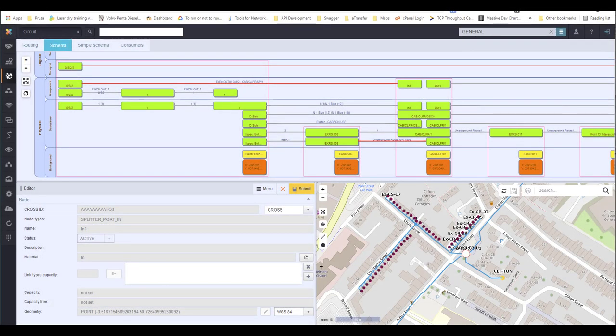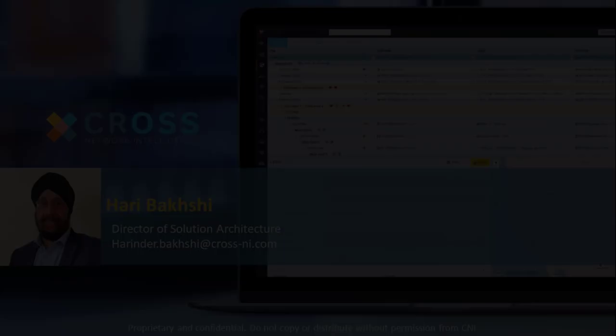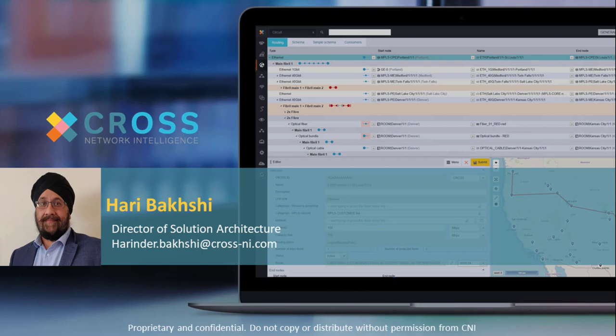And these explicit details are also available in a schema, which provides a full stack view, top to bottom, of the logical circuit and every element it crosses. This ability to connect and integrate all available data is unique to Cross, and it's the underlying technology behind some of our more advanced features like service impact analysis and root cause analysis.